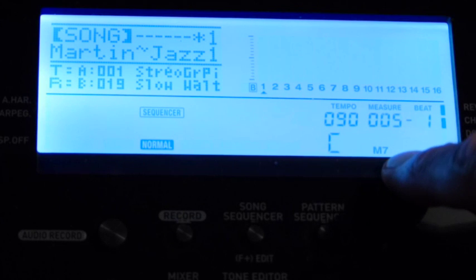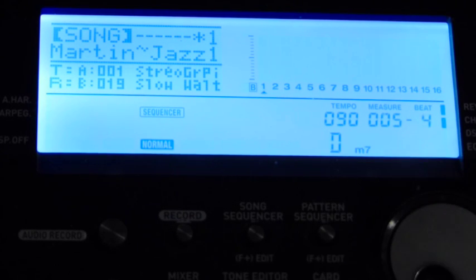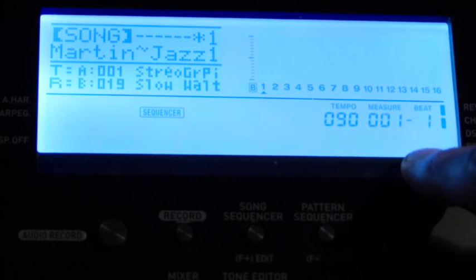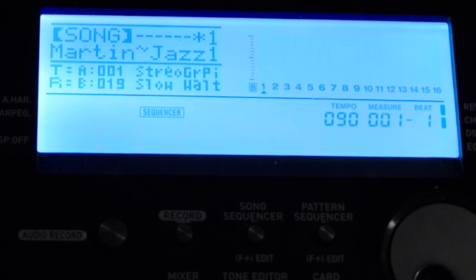The C minor 7 is meaningless in this case. I was wrong. It's actually displaying the chords I played,